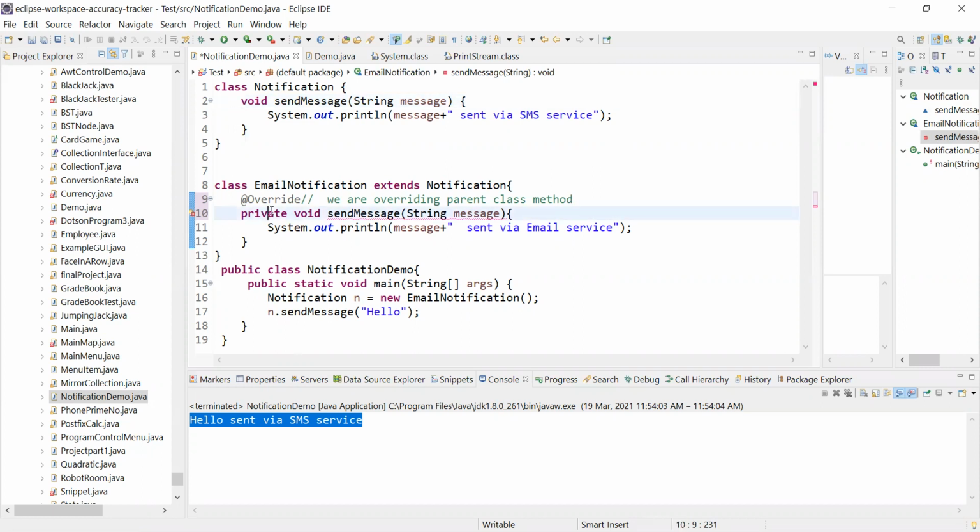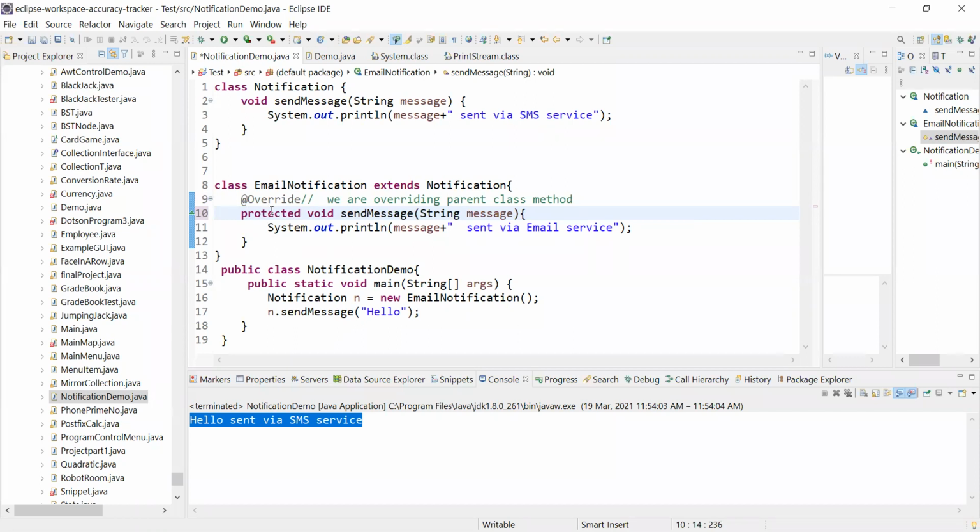We cannot reduce. Yes, we can expand. Public we can write and it is fine, there is no issue. Make sense? Even protected is a greater scope in comparison of default.